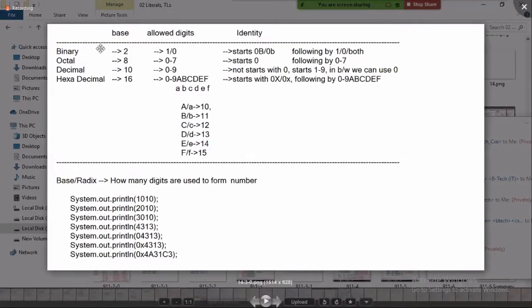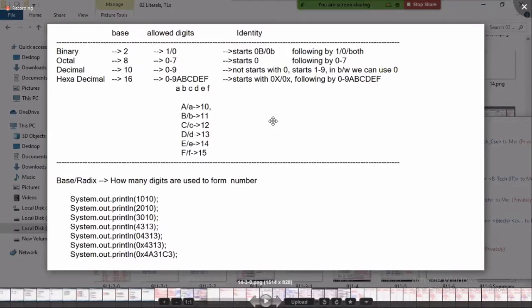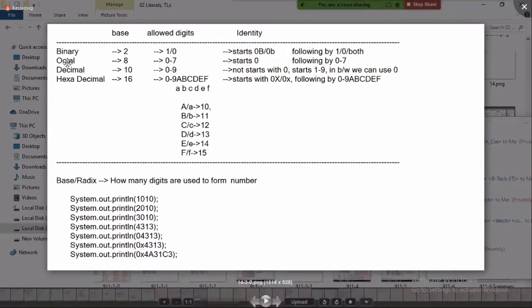A binary literal should start with 0B or 0b. An octal literal should start with 0. A decimal literal should not start with 0. A hexadecimal literal starts with 0X or 0x.